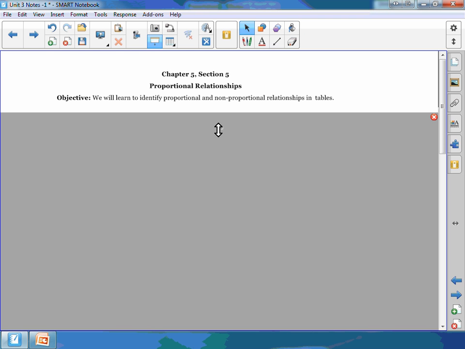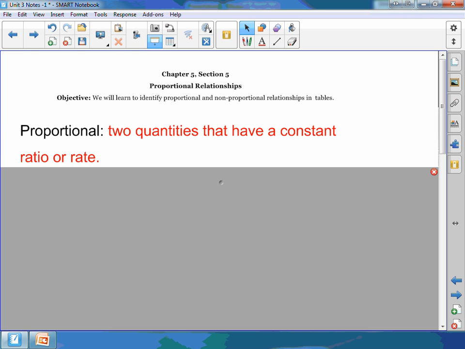Yeah, like a line, like linear, a steady rate. Sometimes people use the word constant instead of steady, like a consistent or constant rate. That's what we're going with when we go with proportional. The definition we're going to use: two quantities that have a constant ratio or rate. That's what I was getting at about graphing something. Physically speaking, it's going to look like a line because they're growing or decreasing at a constant rate.